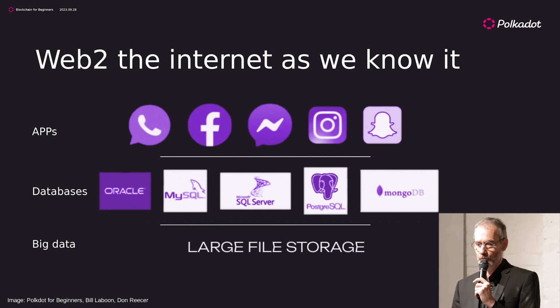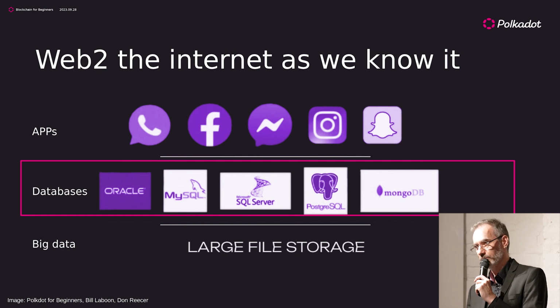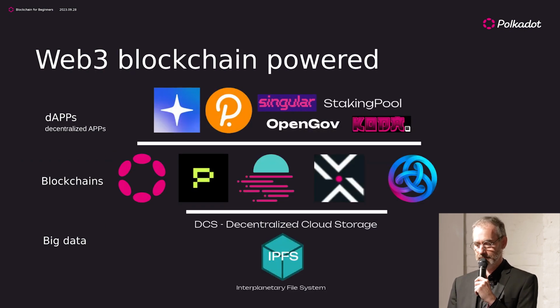So we say, okay, now Web3, what is blockchain going to change? Which part is changed? The part blockchain basically replaces is the database part. That's why the slogan is there, you own your data. Because when it's a blockchain, you have the keys, it's your data, you can do with the data what you want. In a database that belongs to another company, you don't have that choice, you can't access the data, you can't correct the data.